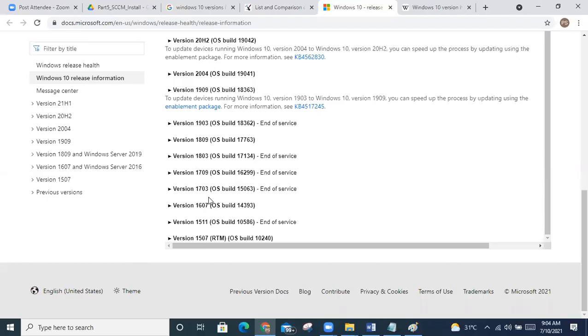A version ending with 3 supports 18 months, which means within 18 months you need to update to the next version. Any version ending with 9 will support 30 months. You can use it for 30 months, then upgrade to the next version before it expires. Is it clear?